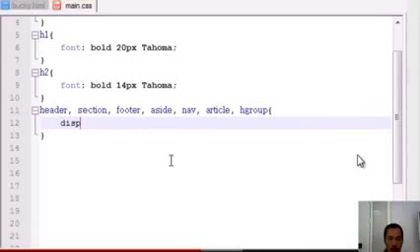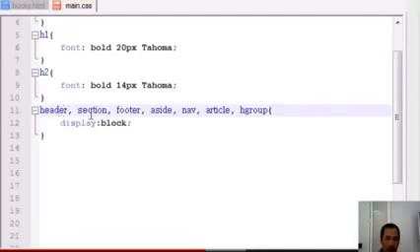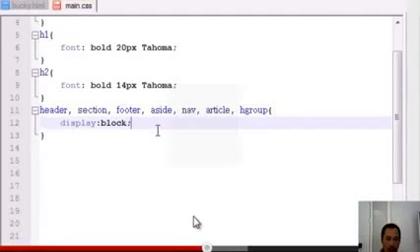So now what I want to do here is display all of these as a block, which pretty much means by default, all of these things are going to be positioned one